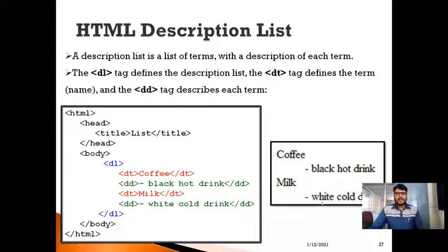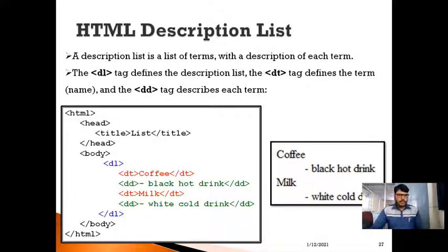So likewise, we can specify the description for the list by using the DD tag, and I can generate a description list by using a DT to specify the term. Here I'm going to specify two terms, coffee and milk, so respectively it has generated two terms. Let us see this with an example by writing the code.